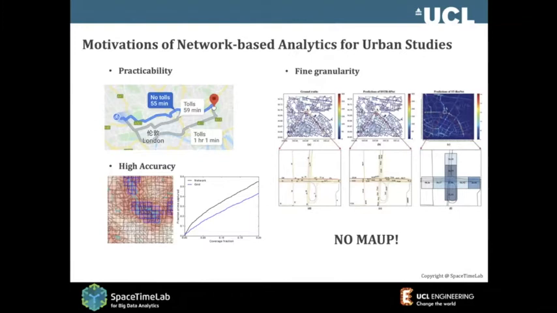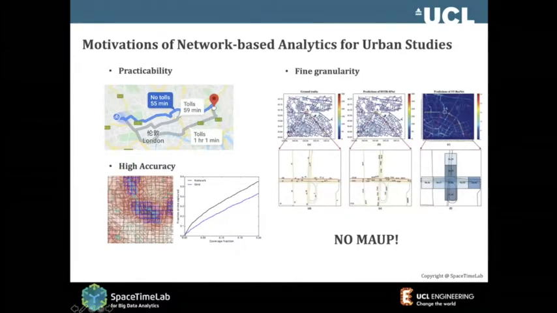So from a practical perspective, when we do navigation, we want to go from A to B. We have to put them on the route, on the network, not on other things, what we call point, line or polygons. So in terms of granularity, we have fine granularity, and we can give you much more accurate results if we talk about prediction, market rate prediction, and also analysis.